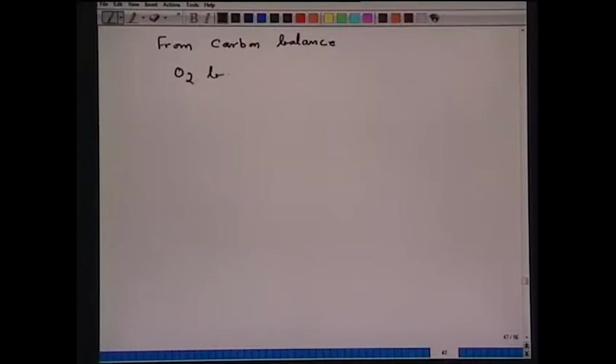Then the oxygen balance gives us information about the total rate of oxidation. It also gives an idea of the extent of post combustion,